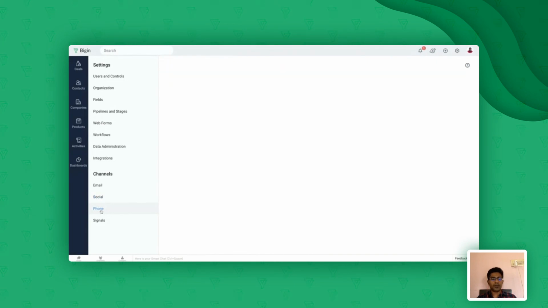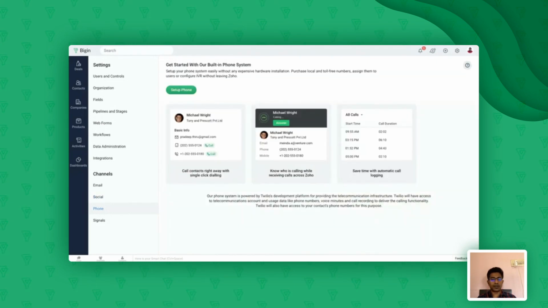The same thing goes with your PBX services as well. As I told earlier, we have inbuilt PBX, inbuilt telephony in Begin. So you can set it up right from here. Click on Setup Phone.